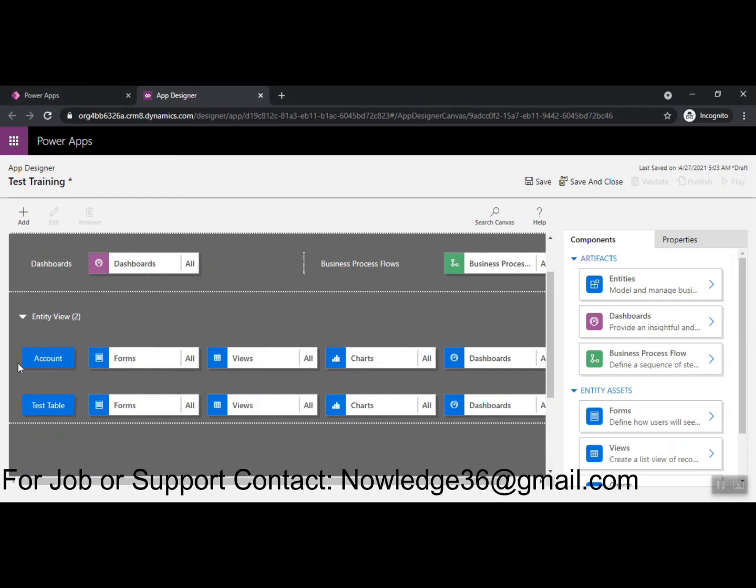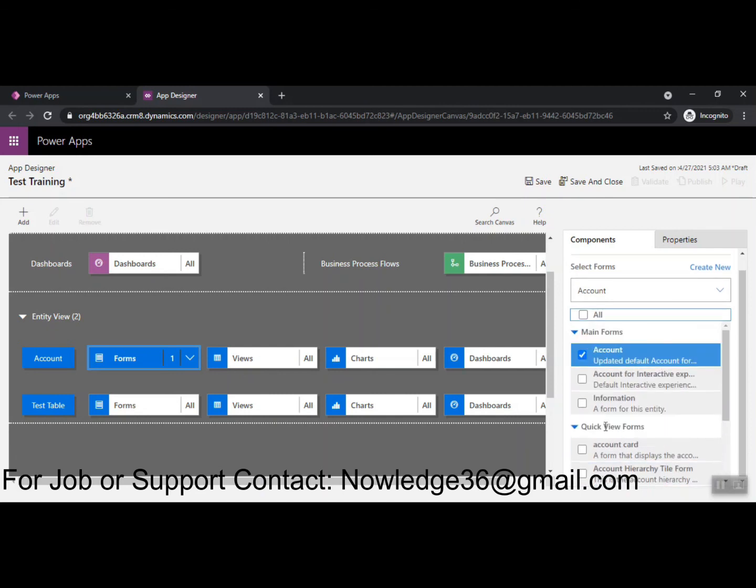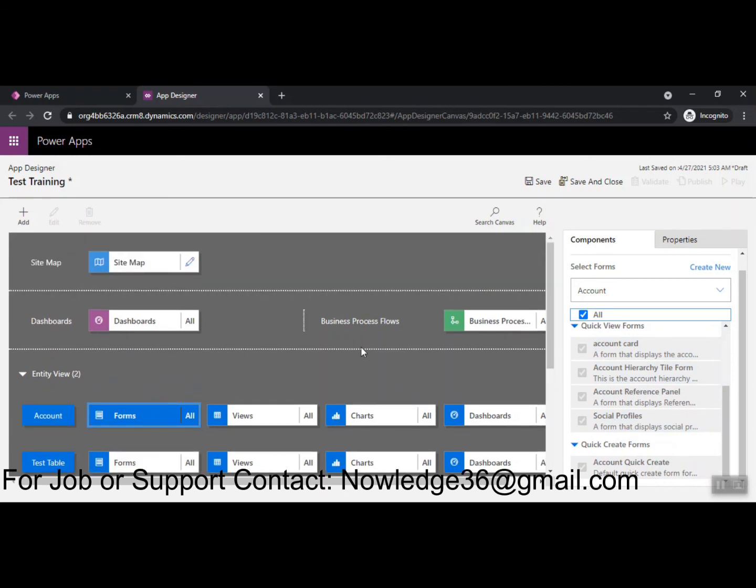there is already, we gave an account, so it is directly selecting all forms and all views, charts. If you don't need that, you can select only a particular main form like this. Okay, you can select only this main form, something like this. As of now I'm selecting all the forms. So in this way, if you need only one form, you can directly go and just click here. Now I'm selecting all. It comes with all, like for views also the same, charts also the same, it is applicable the same. Okay, this is how the model driven app works.